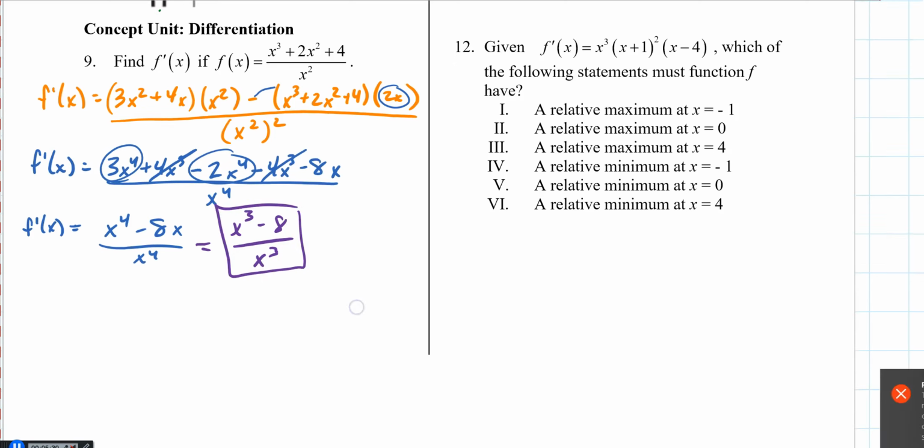The second method is, since I have a single denominator, I can go ahead and divide everything by that denominator right away. So I can define f as being x cubed divided by x squared, which is just x, and then 2x squared divided by x squared. So first I did x cubed divided by x squared, that gives me x. Then I did 2x squared divided by x squared, that's just going to be plus 2. And then 4 divided by x squared is going to be 4 over x squared. And now I just have a